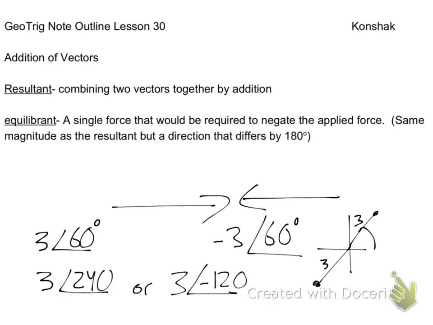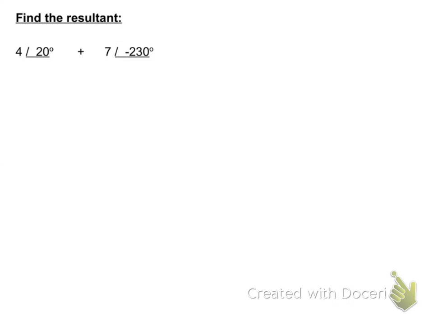So there actually are a whole bunch of different ways that you can give me the equilibriant. Sometimes it's just as easy to change your i hats, j hats, or your magnitude to a negative magnitude. Your radius to a negative radius. So let's actually do this. It says find the resultant. If I'm going to find the resultant of these two vectors or polar forms,